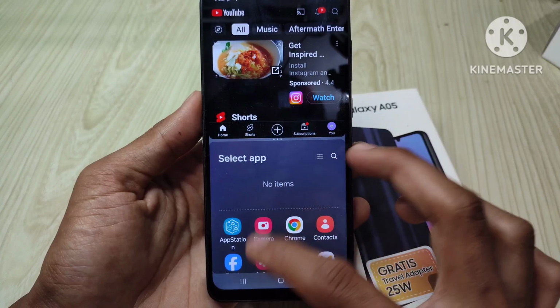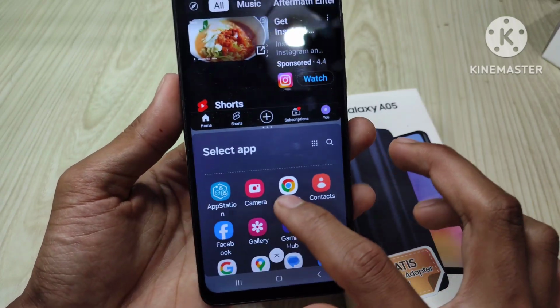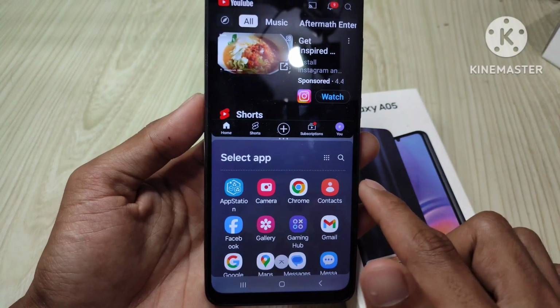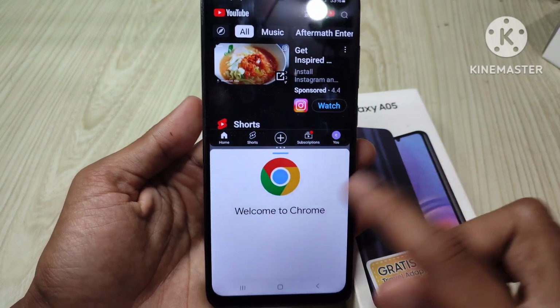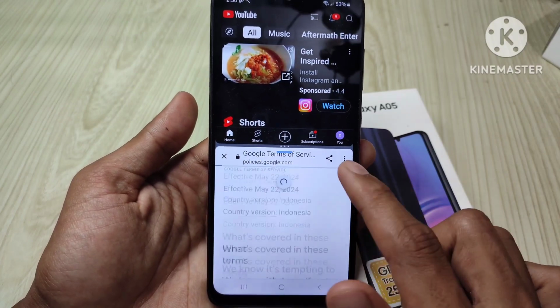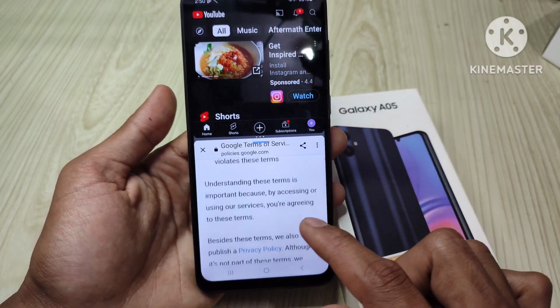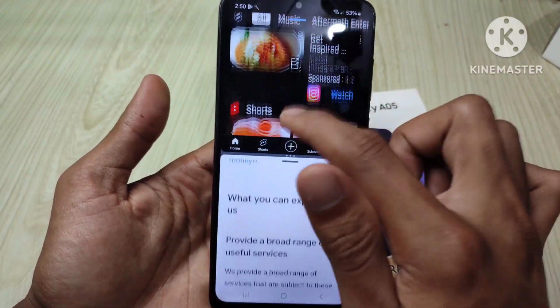And here in the bottom option you can scroll and select another app you want to open. For example, I want to open the Google Chrome like this. Okay, just like this. And now you can split screen and multitask like